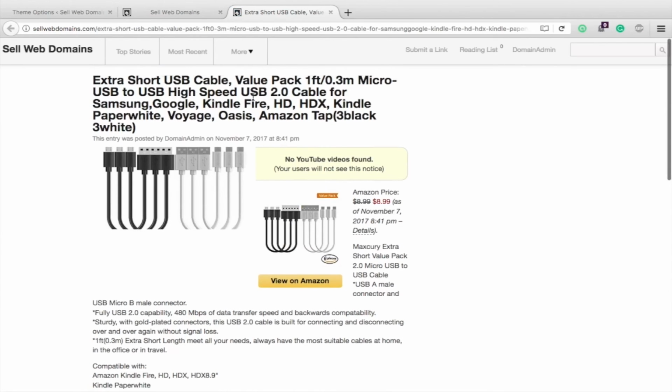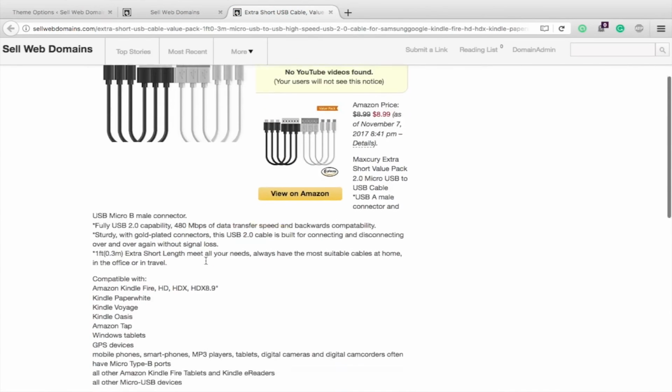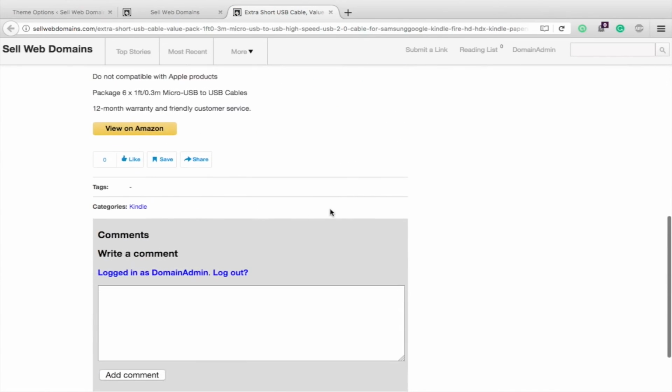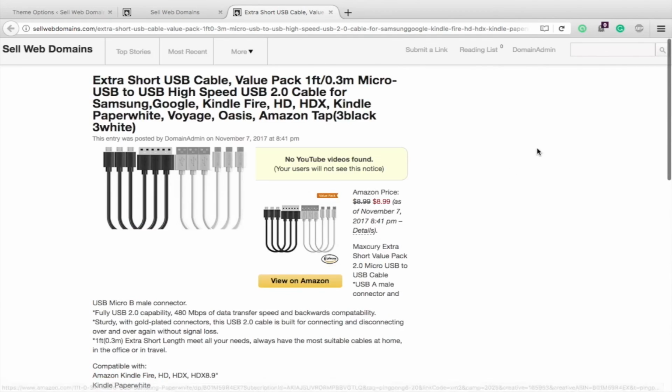Now this post was created with the Amazon plugin, so it's not designed specifically for this theme. Keep that in mind, but still it looks pretty good. The theme displays things. Here's the sidebar. Now if you create posts with the theme-built plugin, the Social Content plugin,